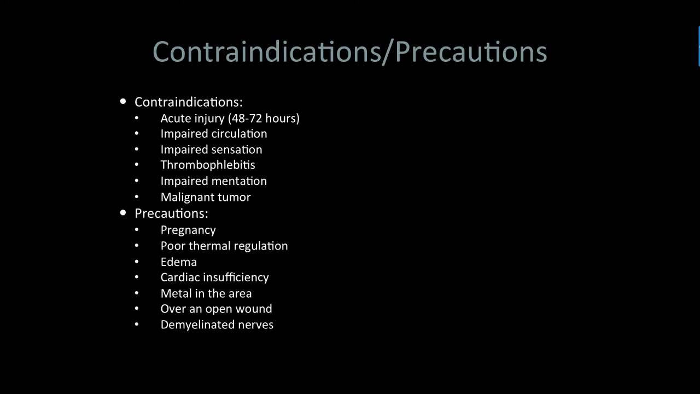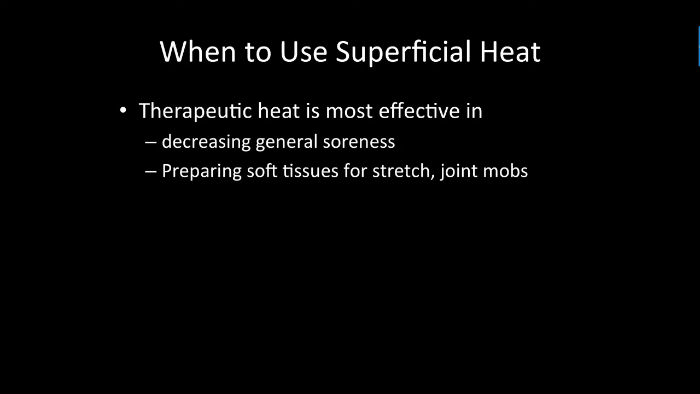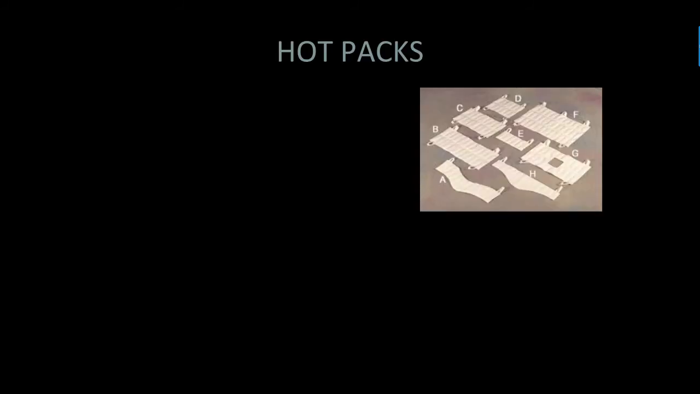So precautions listed there: pregnancy, someone who doesn't thermally regulate very well, over edema, cardiac issues, metal in the area because of the high conduction of metal. Okay, open wounds and demyelinated nerves. So we have to be careful over nerve injuries or regenerating nerves. Okay, so when to use superficial heat? Very good at decreasing general soreness and preparing folks to